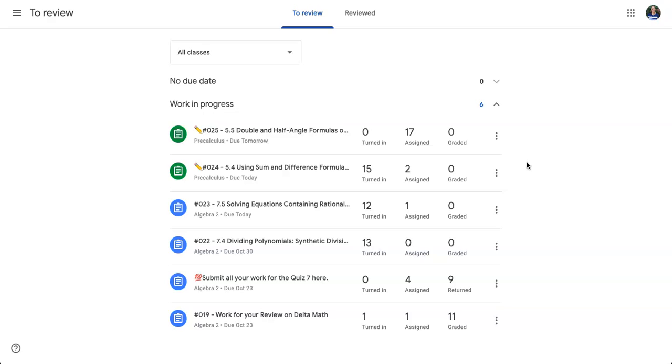One thing that I will mention as well is that once students have turned in work, it will change the ownership to you. You as a teacher become the owner of those documents or slides or whatever attachments that the students are handing in. Once they've turned it in, the ownership transfers to you. And what happens sometimes is that those files now become part of your drive. Once you return work to students, the ownership transfers back to them, and those files no longer take up space